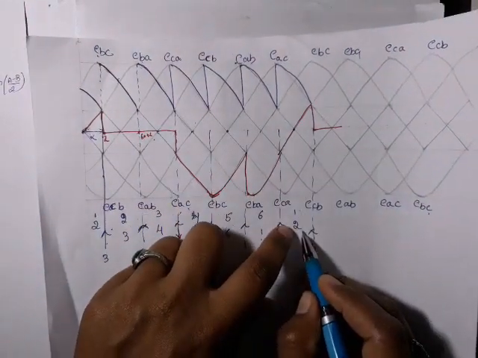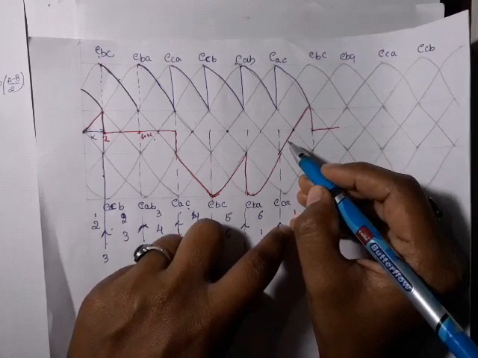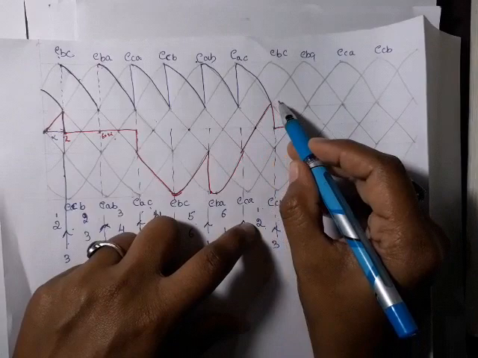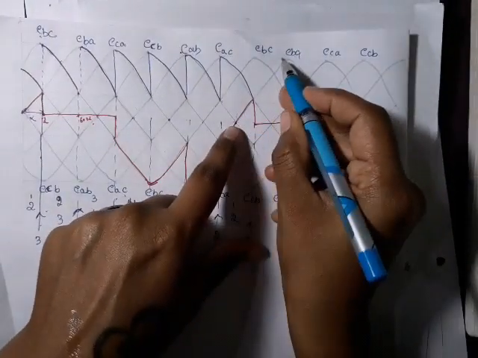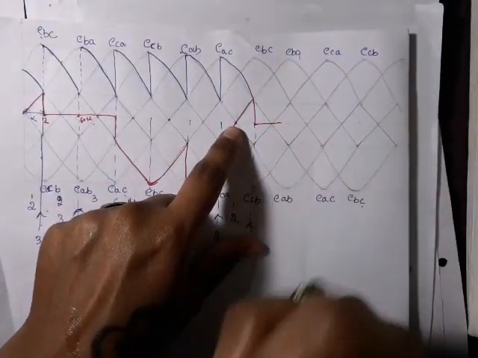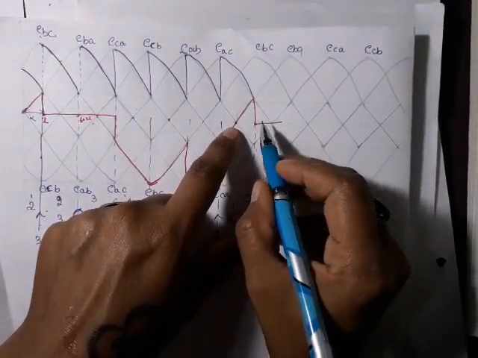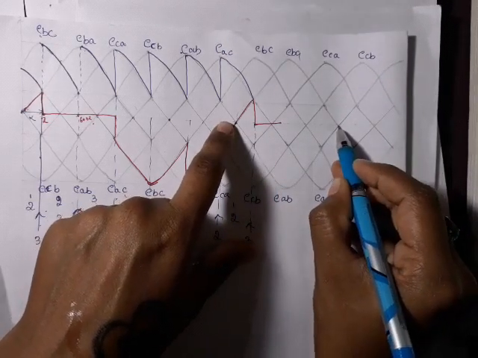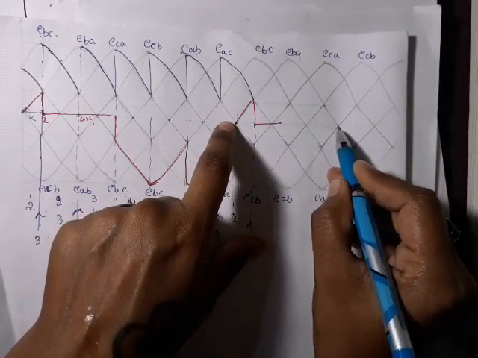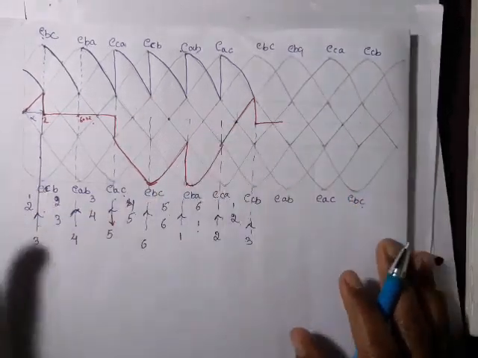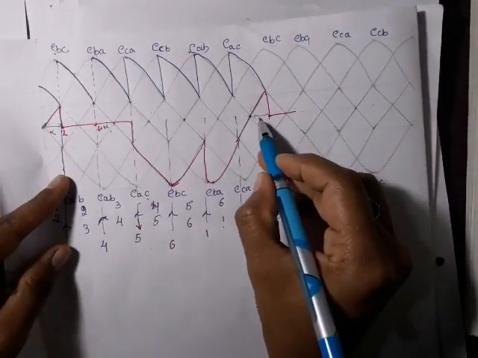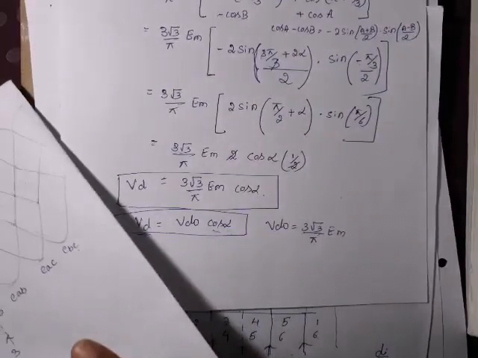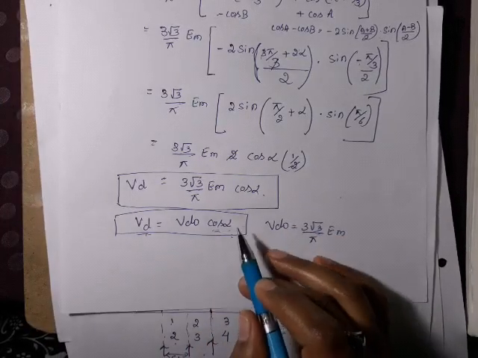Why? Because when 1 and 2 are conducting, during that period the voltage across valve number 3 is getting positive. So this is the positive voltage. When EBA is positive, then only we can trigger valve number 3. That is what is happening. Here it has become positive. So from here to here, I can trigger my valve number 3 at any point. Right? So I have triggered here. So I can vary this value. This is alpha. I can vary this value. But if you look at the equation, if I increase the alpha, what happens?